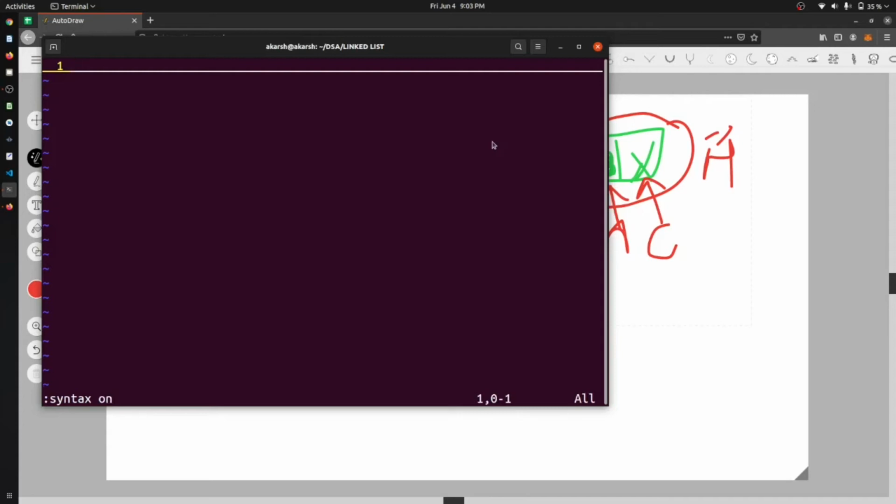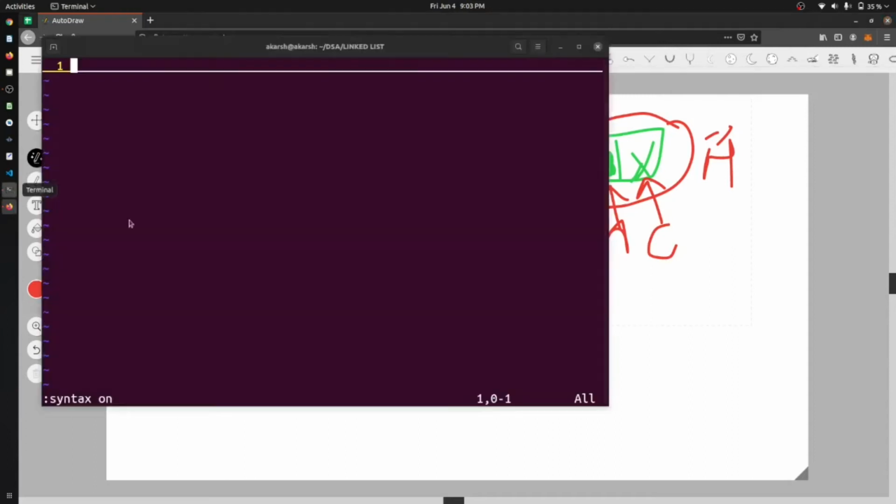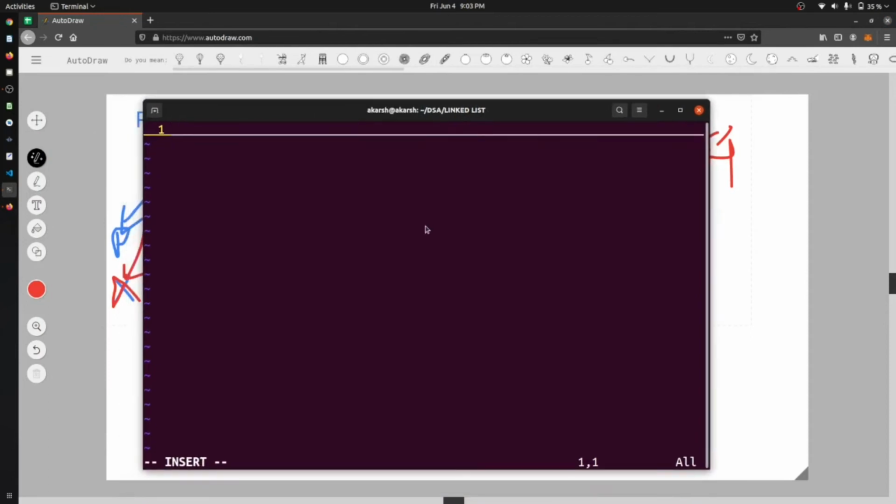Okay, so what I am trying to show you in this part is the code, or the pseudo code. You can see that firstly we will have a previous, and that will point to null.